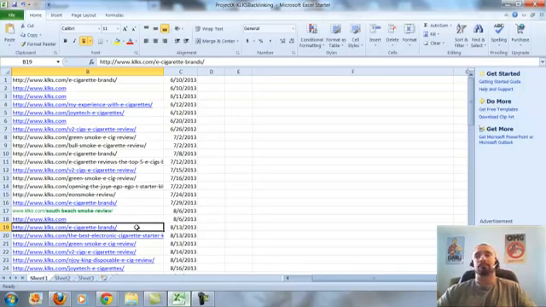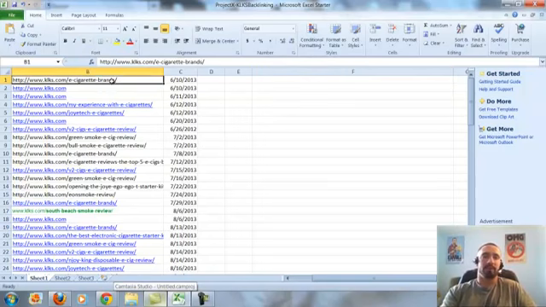Now it's probably enough with a new domain or with an expired domain with no links going to it to do it that way as well. But to be safe, I would work in URL links and stuff like website, click here. I don't really like click here that much anymore, but stuff like website, visit this page, that type of stuff. I would work that in a little more than you would with a site like this that already has links going to it. So if we're building links to this e-cigarette brands, maybe I'll start off with a URL link just to be safe. Okay, so let me copy this.